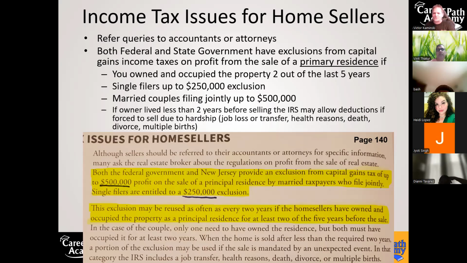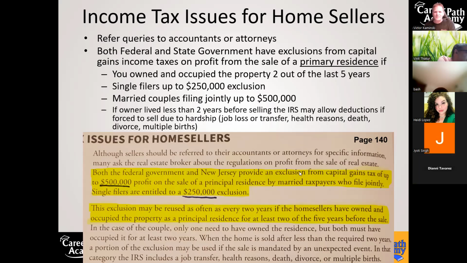So if you're young and you buy a house and you move in it so you could fix it up and flip it and sell it, if you lived in it for at least 2 years, now you go buy another house that you start fixing up, getting ready to flip, and then you move into that house. You could keep doing this, and pay 0 income tax on the profit of the sale of the house, up to $250,000 for single filers and up to $500,000 for married couples who file jointly. That's a big deal. That's a lot of savings.